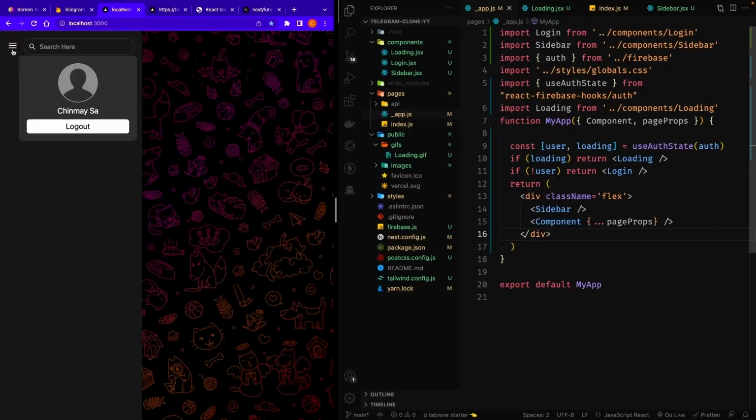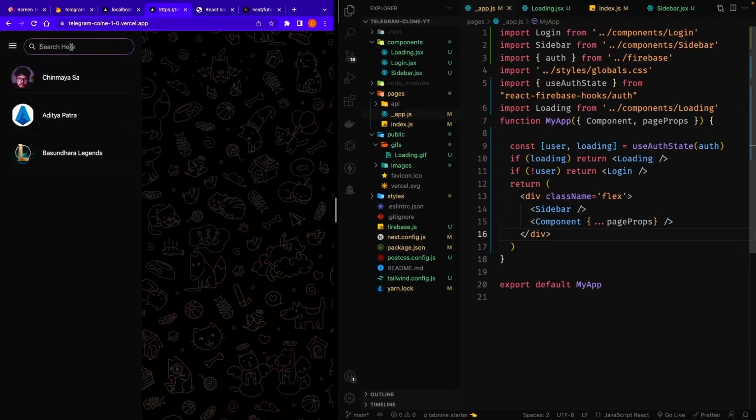Now let's first show the name and the image, and let's create this logout option first. Then we are going to create the sidebar, that is the search options. We are going to see these cards. Let's say I'm just searching for like ch, and you can see this thing. So we're going to create these cards, and then when I click on those cards, it will just add up